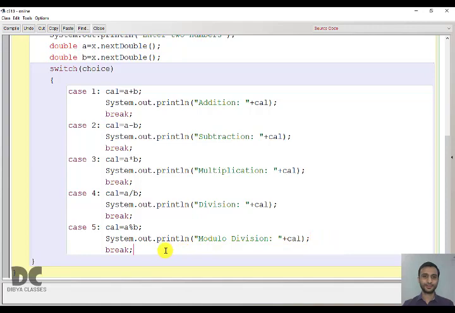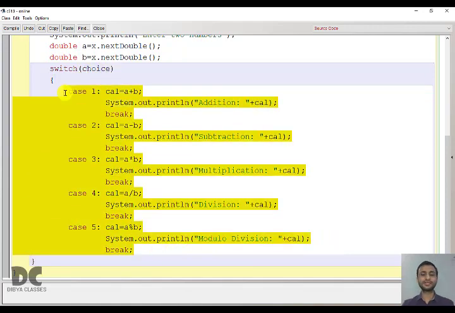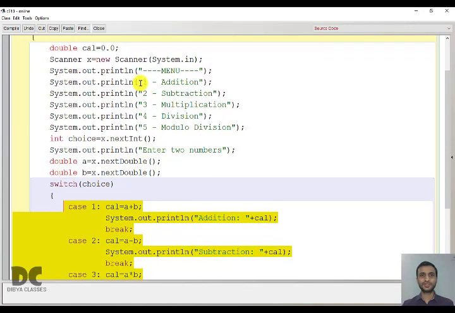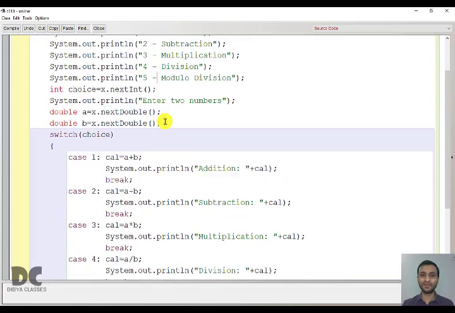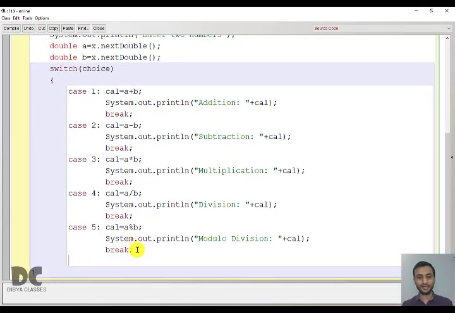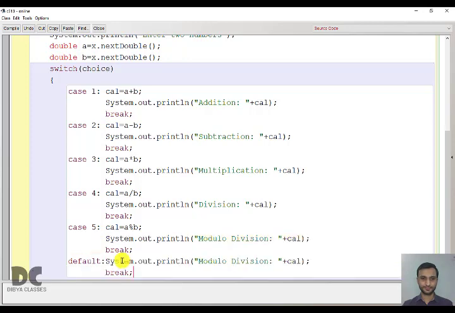Done. Now in case the user enters something wrong, he has to enter any value between 1 to 5 as choice, but the user may enter values like 0 or a negative number or a value more than 5. For that we'll write wrong choice entered.